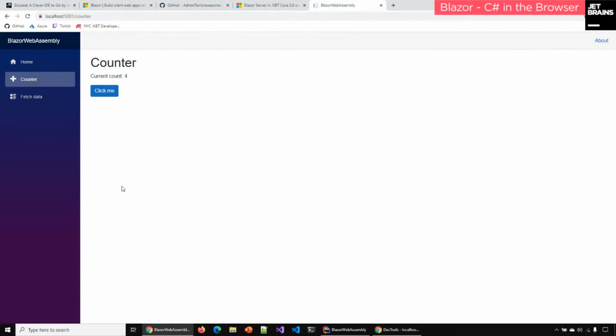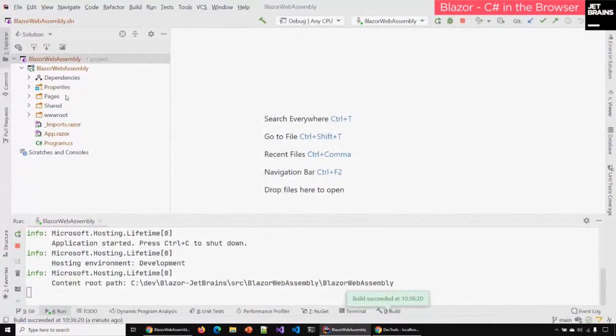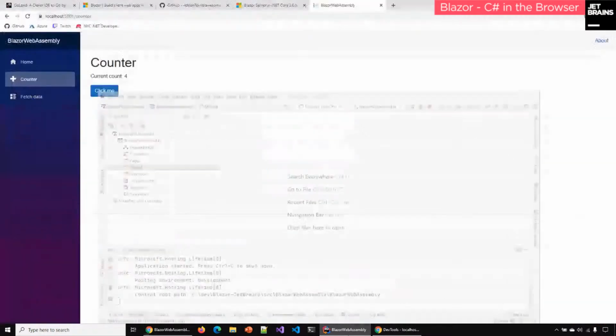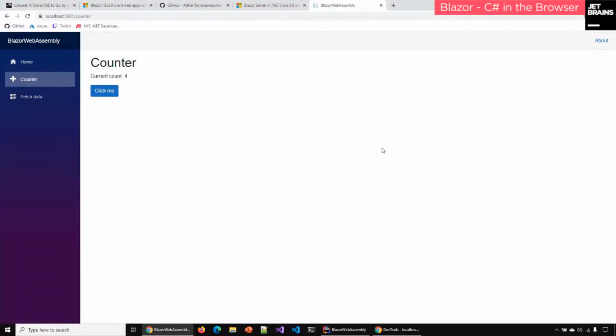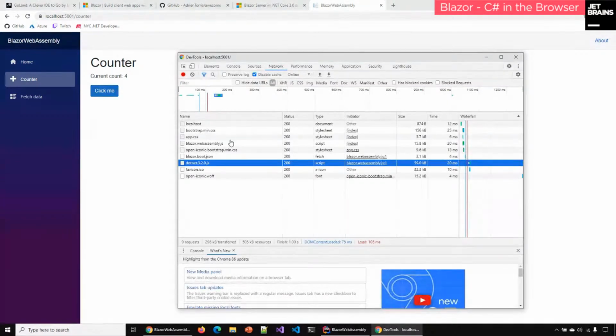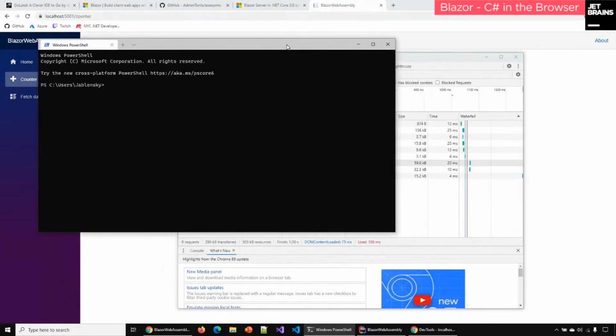The only caveat here is that you can't really debug this right now, at least in Visual Studio or Rider. If you're doing the WebAssembly side, you can't set breakpoints and map everything over quite yet. It's coming, but if you want to see the code that's getting executed inside DevTools, you can fire up the Chrome web debugging.